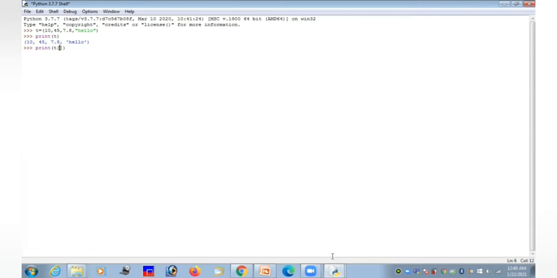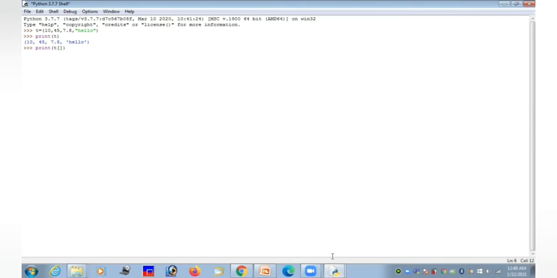The element 10 will have the index value 0, whereas the element 45 will have the index value 1. The element 7.8 will have the index value 2, whereas the string hello will have the index value 3, right? So there are 4 elements, the index value will be 0 to 3.